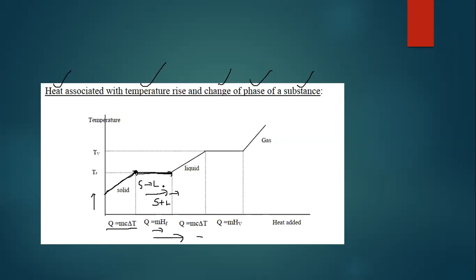After all the solid has turned to liquid, then the temperature starts to increase. All right, so as the temperature increases, there will be no phase change. It will be all liquid, no solid, no gas, just liquid. But at a temperature when it starts evaporating, remember we use this formula again.